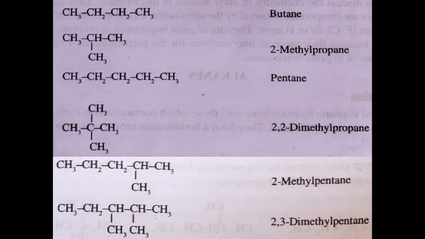And look at this compound, second one. We have to start numbering from here, because then only this substituent will get the least number. 1 2 3 4 5, 2 methyl groups are there, so we can call this compound 2,3-dimethyl pentane. Okay, and look at here, two different substituent groups are there: one is methyl and second is ethyl.